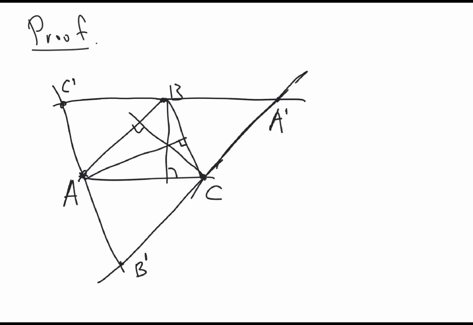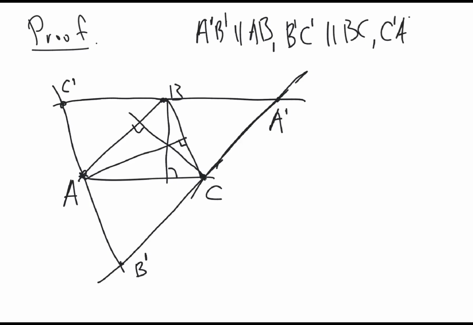So by construction we have A prime B prime parallel to AB, B prime C prime parallel to BC, and C prime A prime parallel to CA. Because of this parallelness,